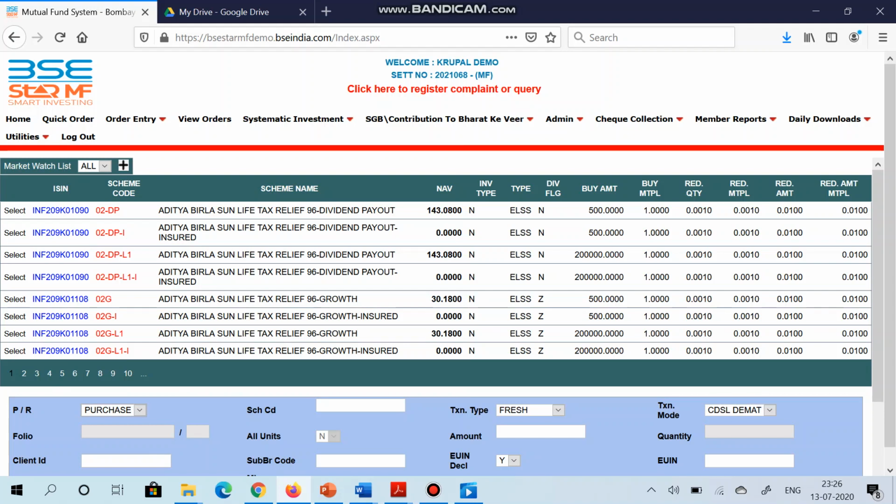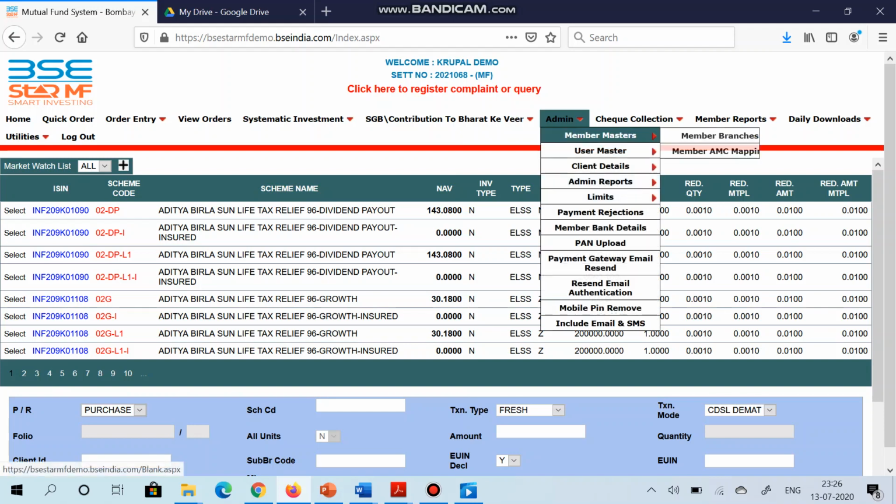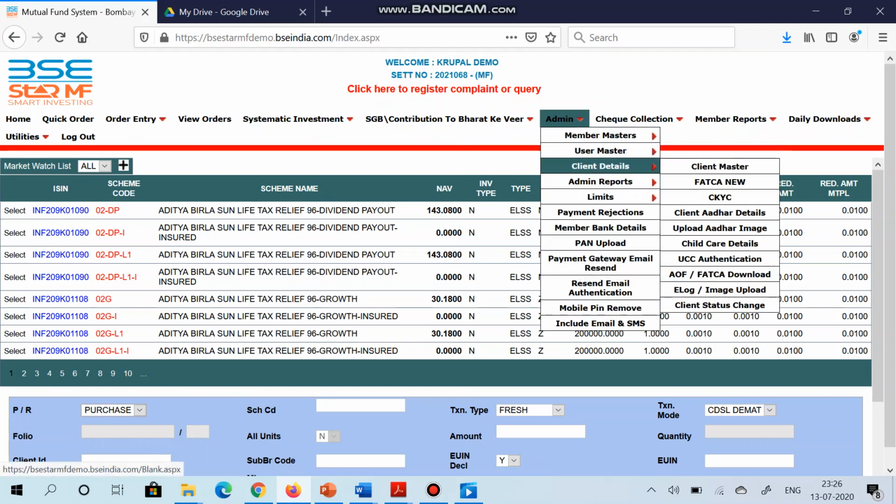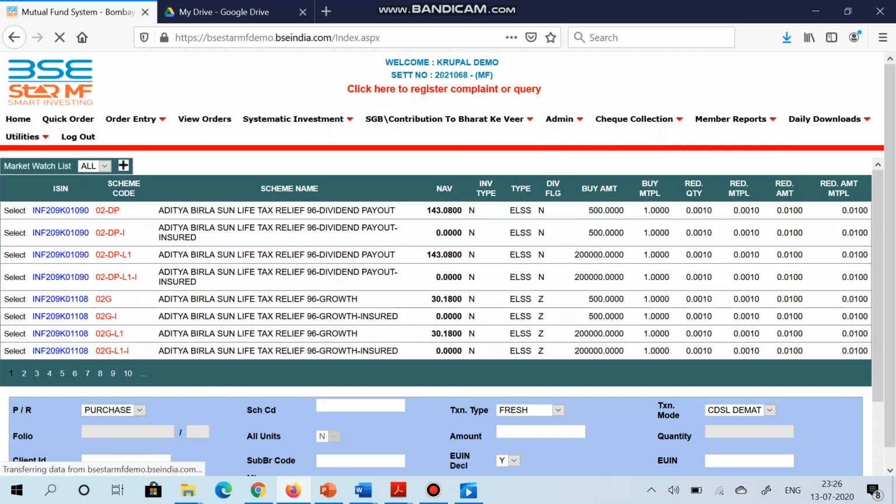To upload the FATCA and UBO form of non-individual and HUF investor, you have to go to admin, client details, e-log image upload.